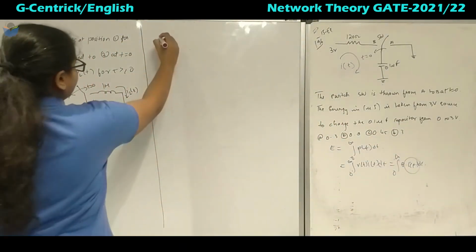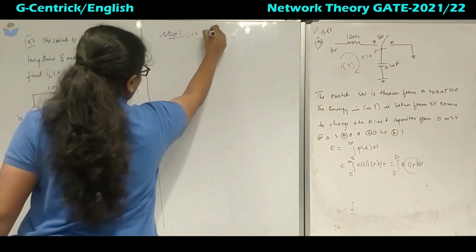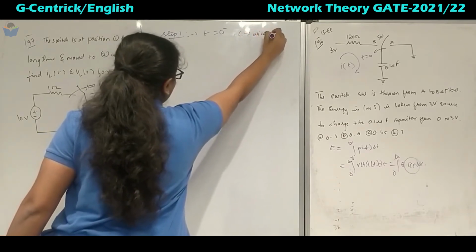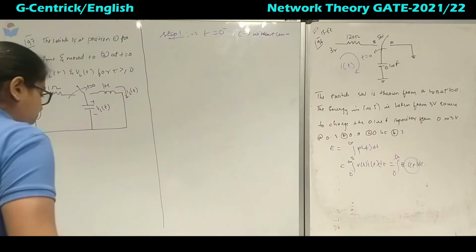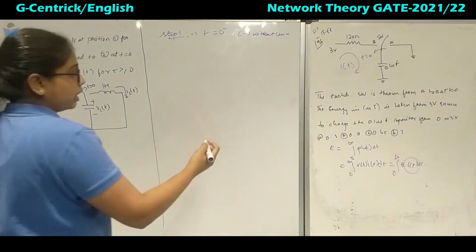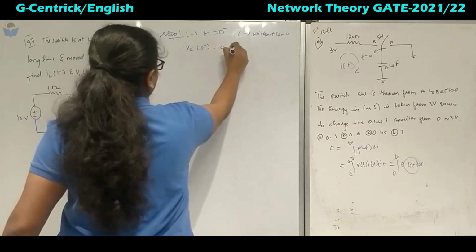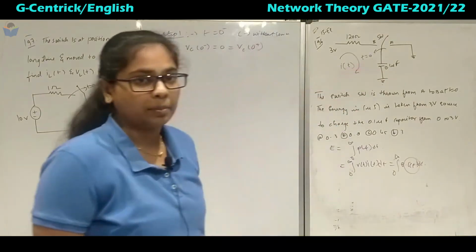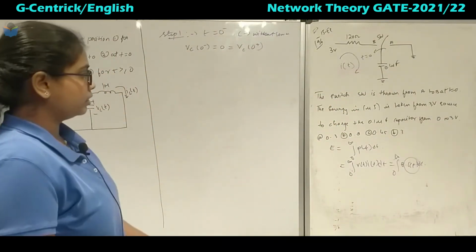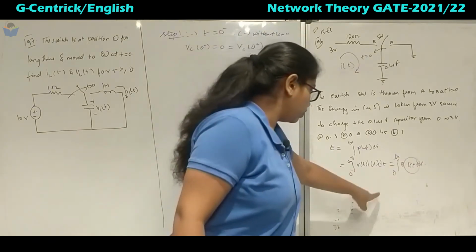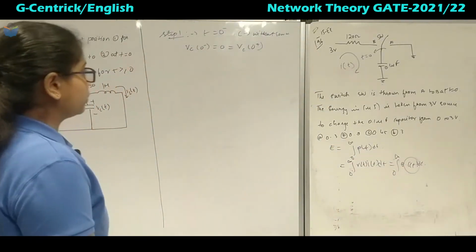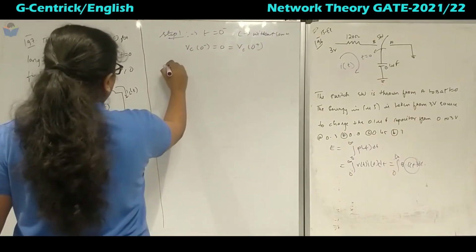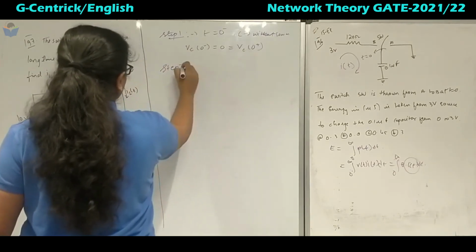So initially it is at position A. Step 1, at t equal to 0 minus, the capacitor is without source. When the capacitor is without source, what value will it have? Vc of 0 minus equal to 0, Vc of 0 plus. Here we are taking Vc of 0 plus because we are not going by Laplace transform, so directly we can change here for getting I of t. Next, step 2 is not required again because we have got Vc of 0 plus.